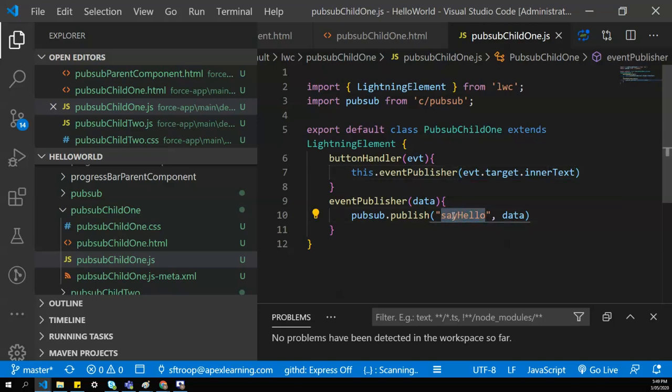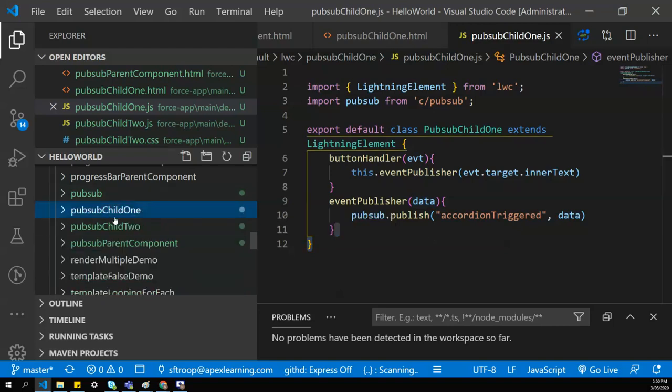And let's create the event name accordion triggered this time. So we are calling event name accordion triggered, passing the data based on the text that we are getting from here. Our child 1 is ready.